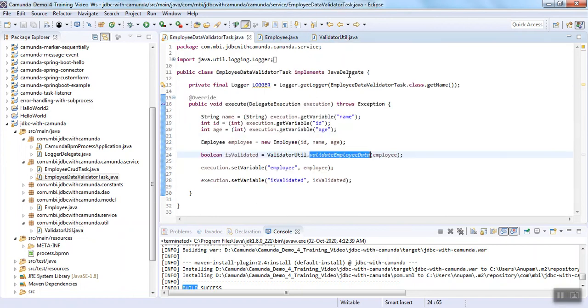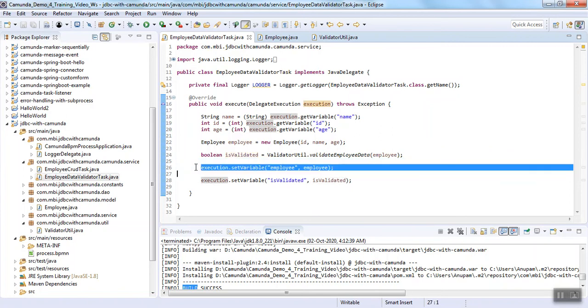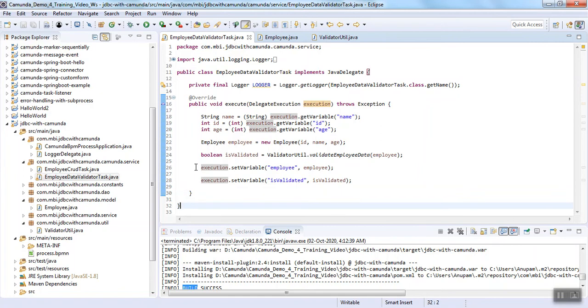Now let's go back to the caller. So once you get it true, is validated, you are also setting it in execution scope, though you can also put an if else condition. If it is validated, then only you will set it. So that type of thing you can do. Okay,